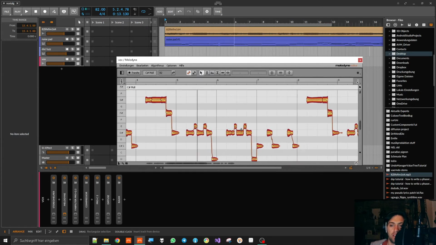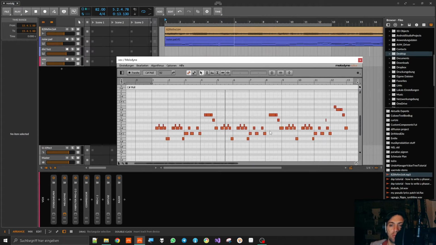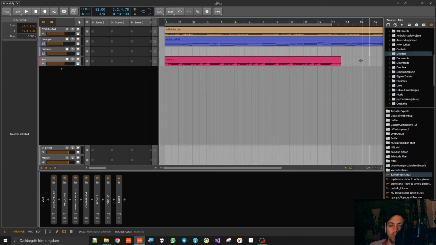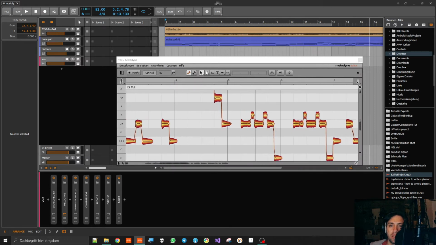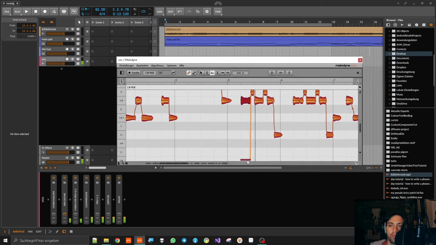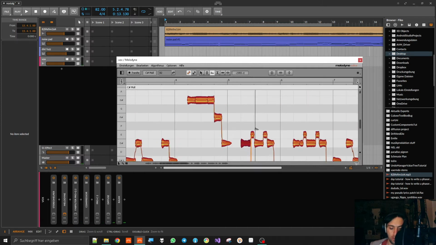And that's not actually the problem, that's the good thing about everything. The problem is just that this is still my voice. And it would be much cooler if there were like Formant shifts and stuff like that. And what you can do in Melodyne is you can select a note and make a Formant shift like that. But